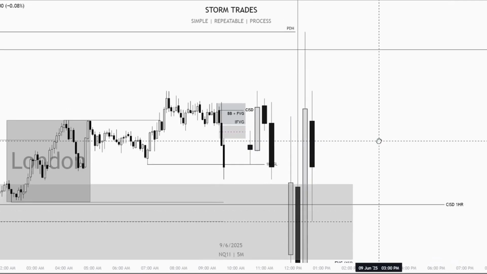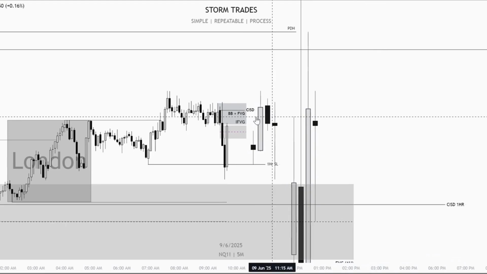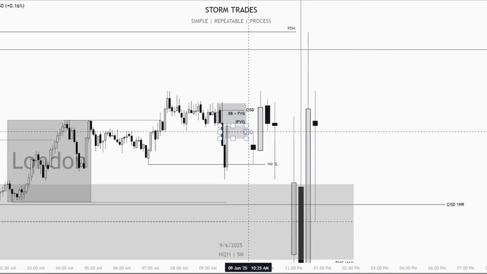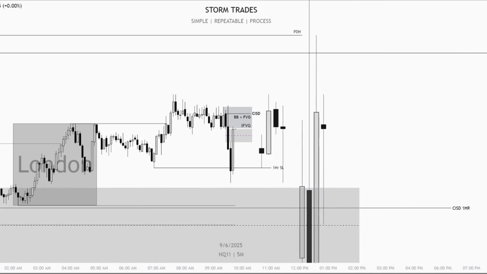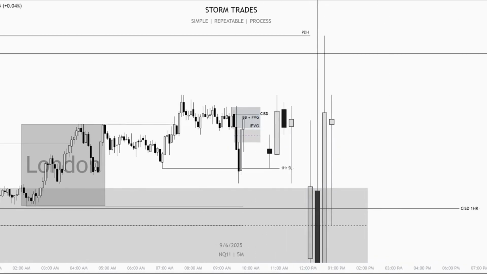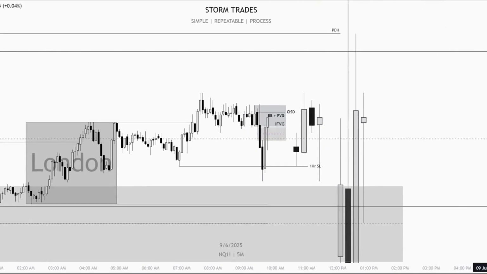So let's play price through here. Right, so immediately we've almost closed all the way through the M5 fair value gap. So it's starting to make sense that we may want to go higher here. And let me play price through a little bit more. We have now closed through the IFVG, and we're in the middle of the breaker. We have not closed over the change in the state of delivery order block yet, and that's what I was requiring on this particular day,